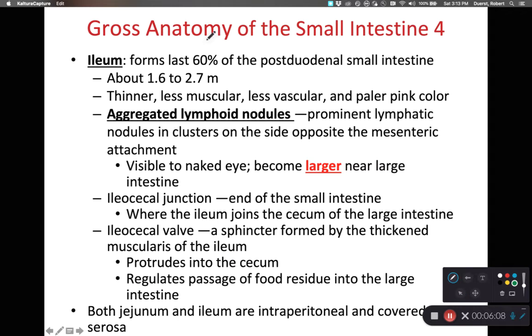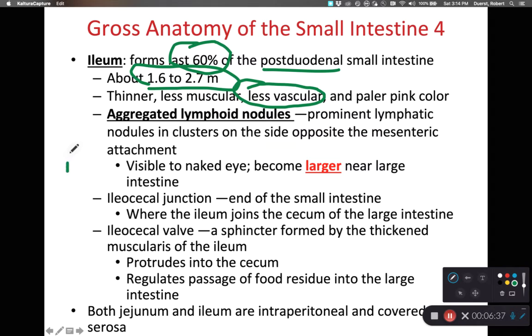As we look at it, the ileum is approximately 60% of the small intestine post-duodenum. It's about 1.6 to 2.7 meters in length, depending on the individual. Because the chyme within the ileum doesn't have as many nutrients, the ileum doesn't need as many blood vessels. So the ileum is less vascular, has less vasculature, and it'll be paler or pink in color relative to the